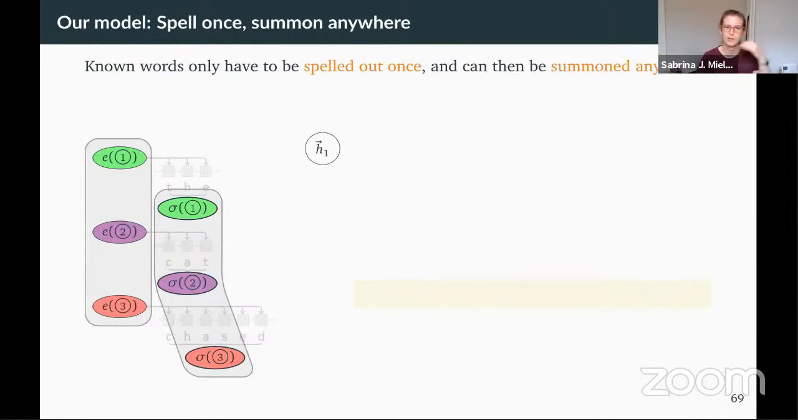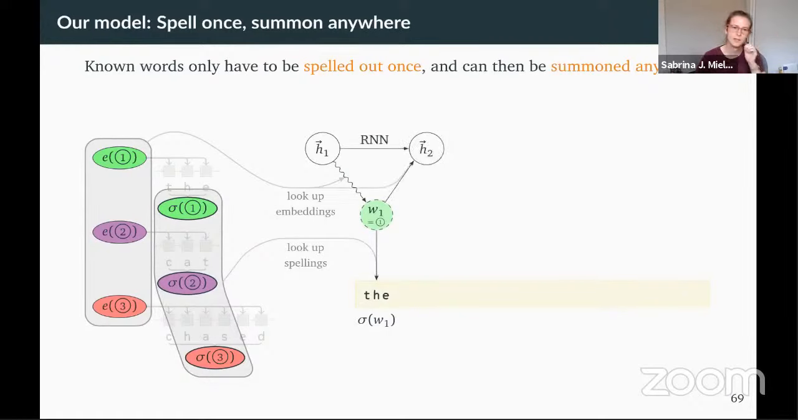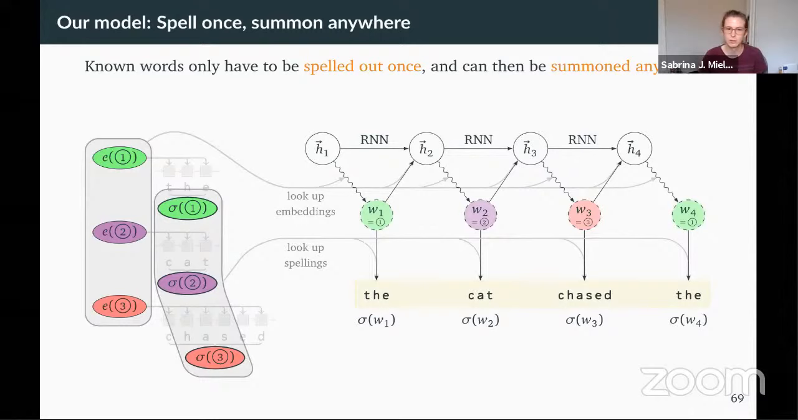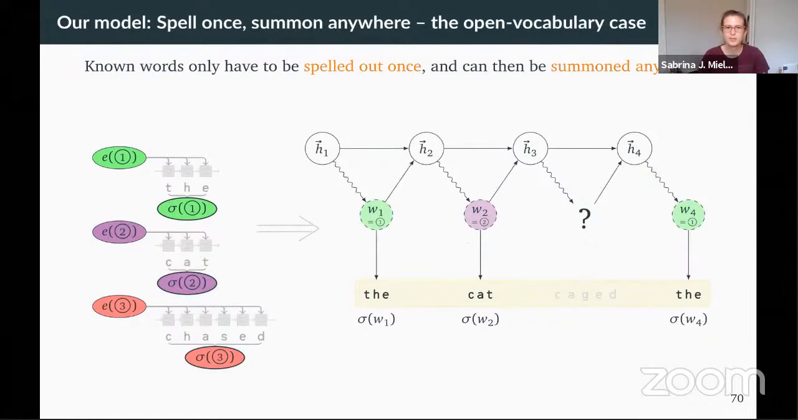Standard RNN procedure. We have our RNN hidden state. We look at the embeddings, sample one, and then print out the spelling of that word on the screen. We feed the embedding back in, next word, printing, next word, printing. Okay, that's how you generate text, or have a probability distribution over text. Standard language model. The interesting part is, what do we do in this case where we have a novel word